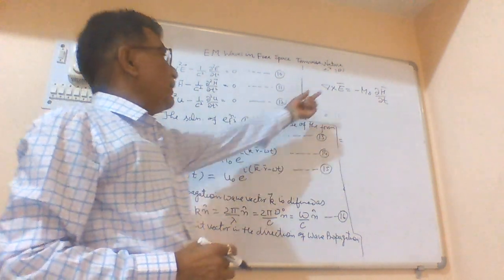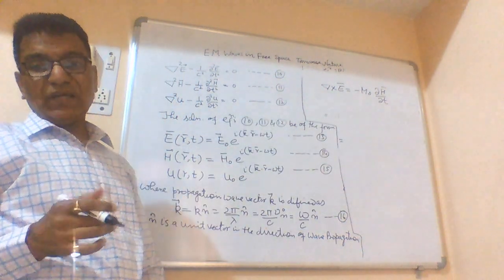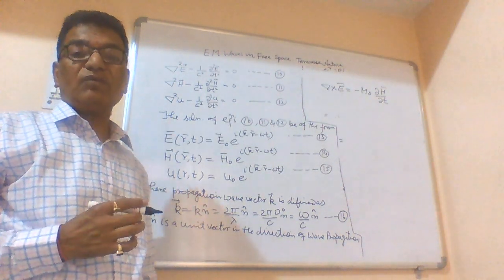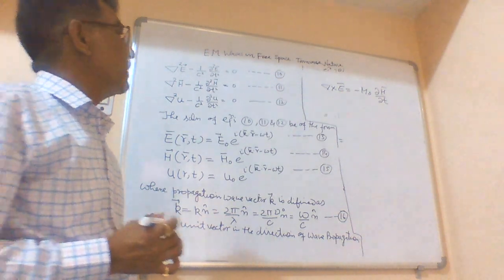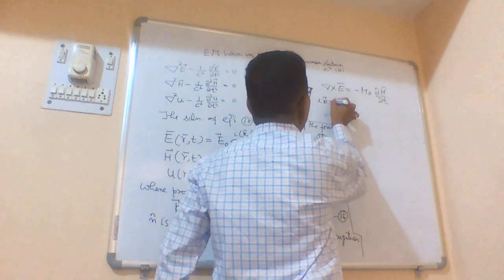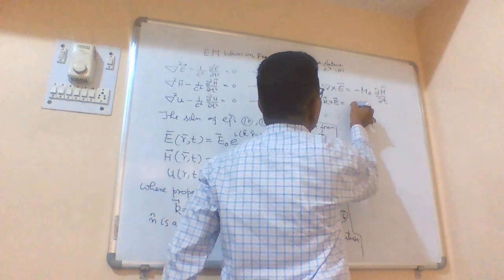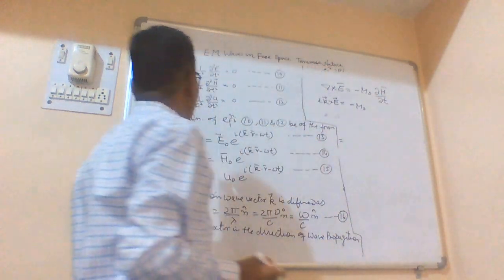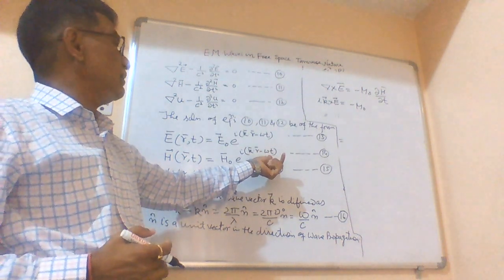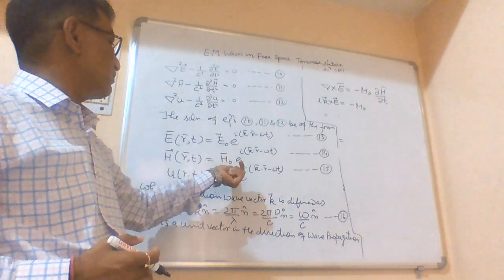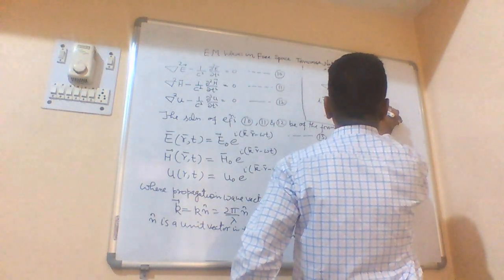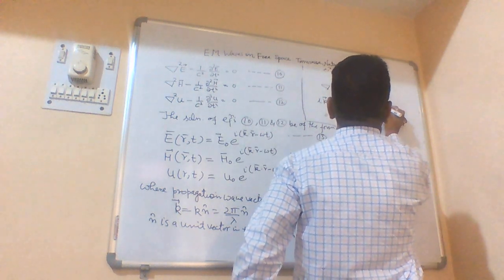Similarly, as we have solved del dot E, we will solve del cross E by making the determinant, and simply we will get k cross E is equal to minus mu naught H, where H is H naught e raised to the power i(k dot r minus omega t). So delta H upon delta t will provide us minus i omega into H,